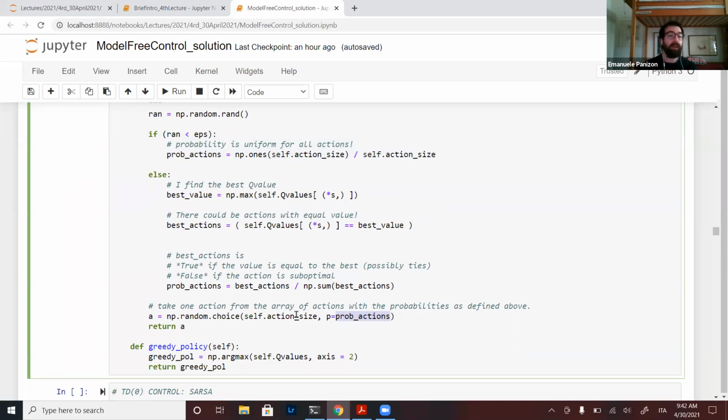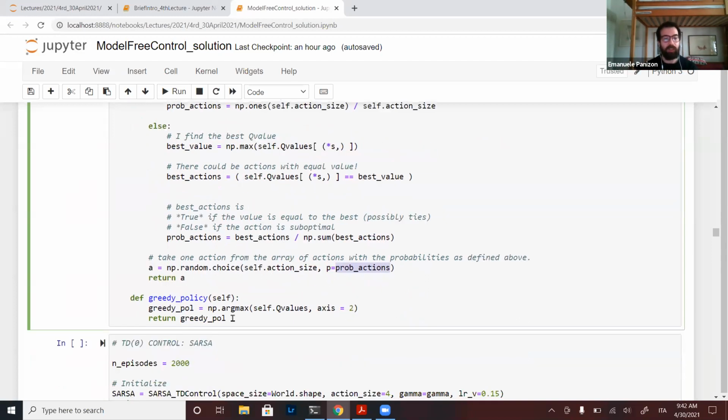Okay. Then I can also ask, this was an epsilon greedy, what is the greedy policy? The greedy policy is just doing this. So I'm asking for the argmax for that Q value in that state. Notice that again, this is technically wrong in the sense that I should again split the probability among ties.